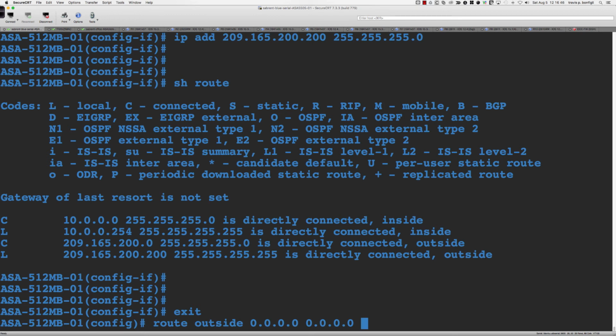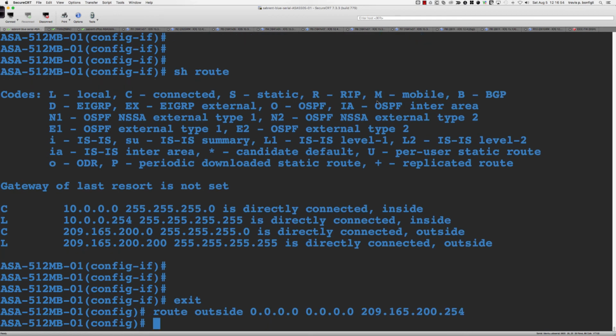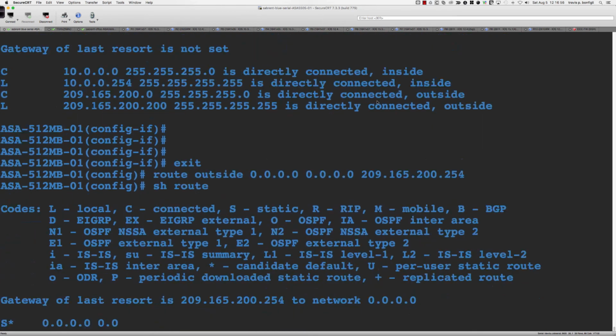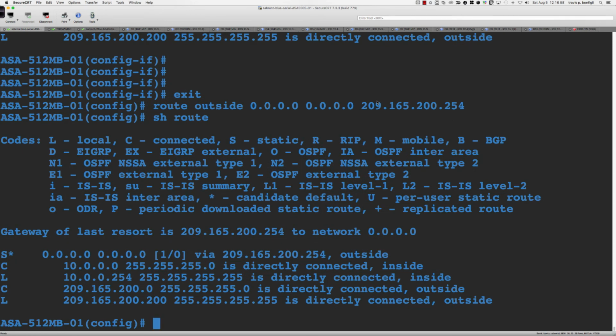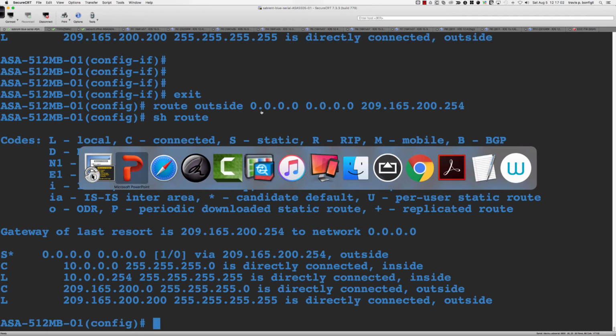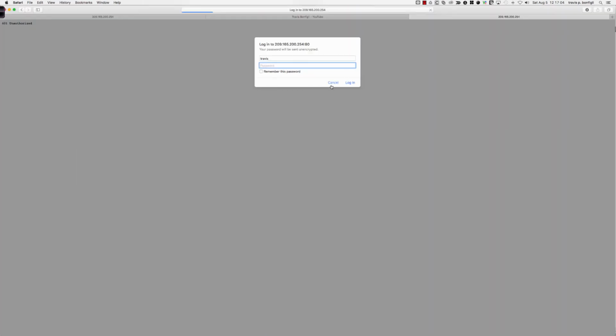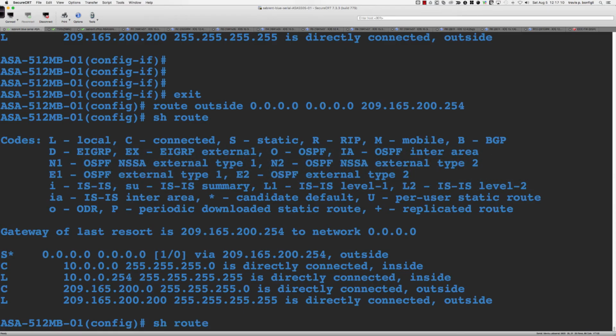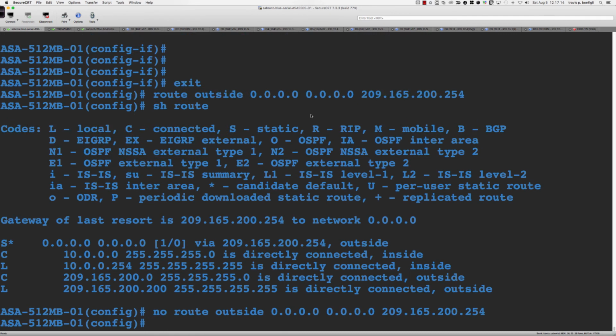So I would say route outside, quad zeros, and then the next hop IP, 209.65.200.254. So I would have to do that to make sure that I've got a static route in here. And so now from the inside, let's go back to the browser, let's cancel that, and let me reload. It still works. Again, if I take that static route out, and I come back here,